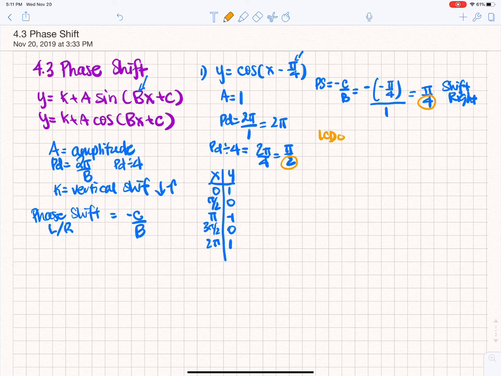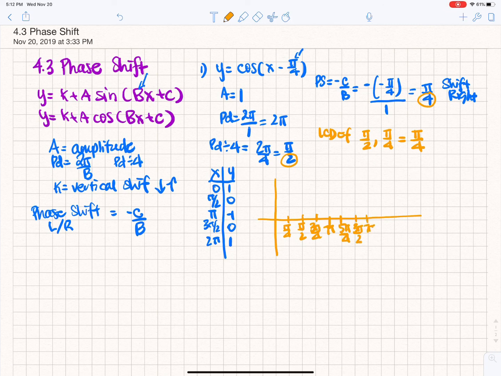So the LCD of pi over 2 and pi over 4 is pi over 4. So we're going to count by pi over 4. 1 over 4, 2 over 4, 3 over 4, 4 over 4, 5 over 4, 6 over 4,